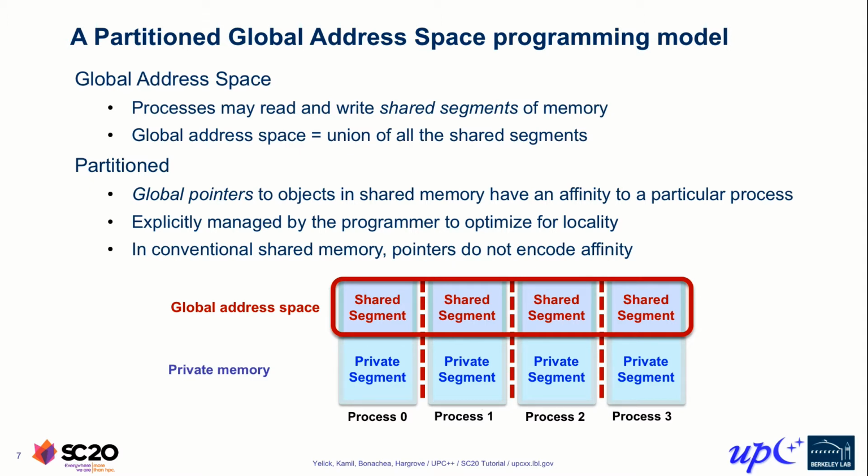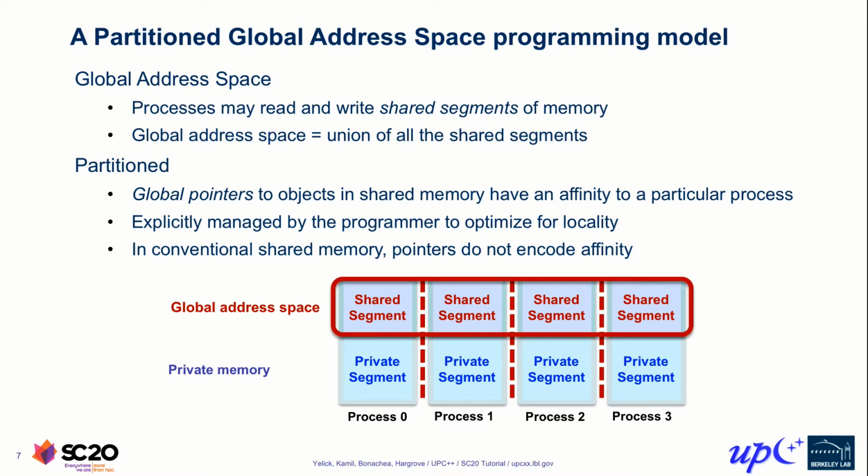The shared memory segment is where we're going to put data structures that we want other processes to be able to access directly using this one-sided communication. So the union of all those shared memory segments associated with each process is called the global address space. Now, in order to get access to that, we'll use special kinds of pointers called global pointers, and those global pointers will